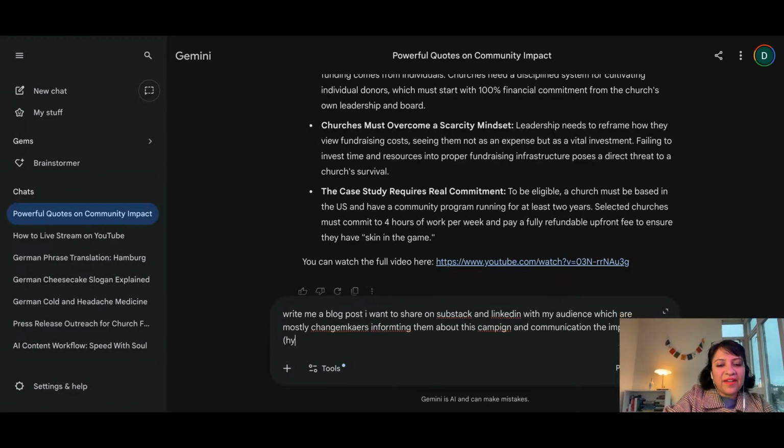Hype up the importance, because I seriously think this has never ever happened before. Firstly, as I said, churches are very stuck in the past when it comes to fundraising. They don't apply modern fundraising practices, and AI is totally new for them. So this is the best thing to happen. Even though we're going to work with one church, we're going to share the learnings live, and that playbook will be available for free to as many churches as possible, so anybody can implement it. So hype up the importance.